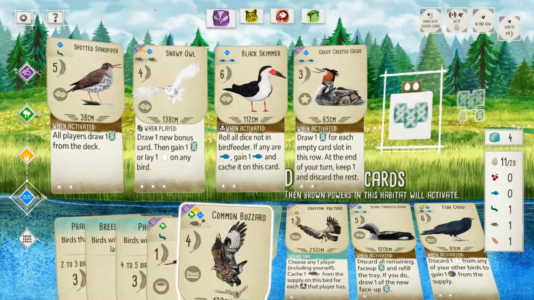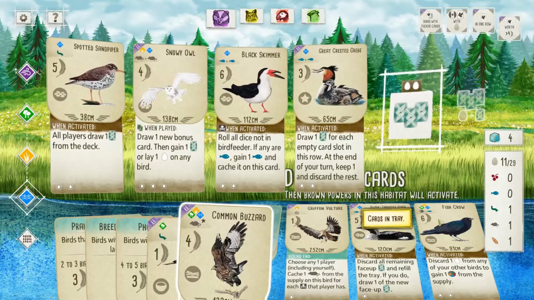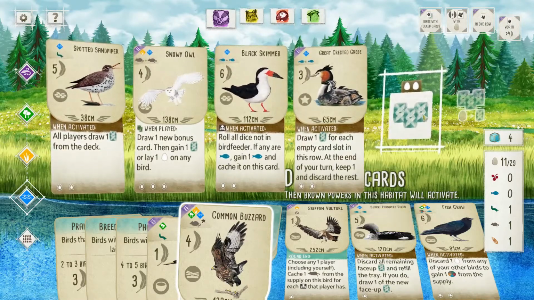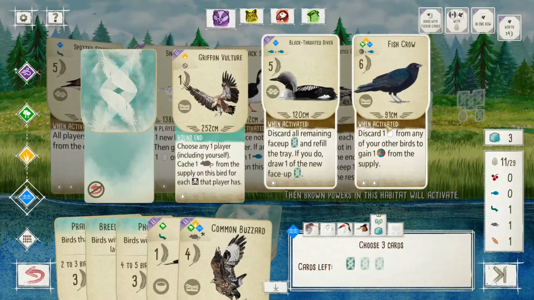So we're going to need a lot of fish here if we were going to get these. Yeah, let's do this. The Fish Crow can actually go up in the forest. And then this thing can go down here as our 5th card here. And then we will grab a...